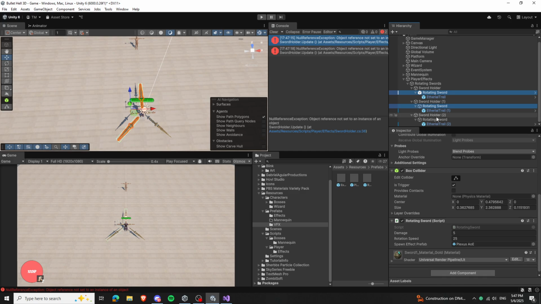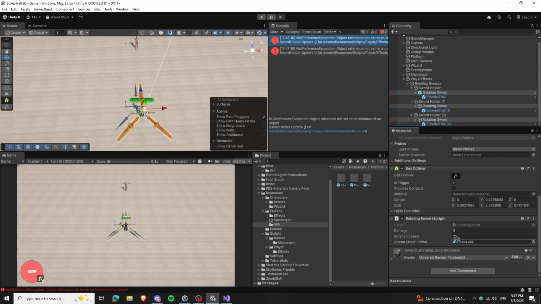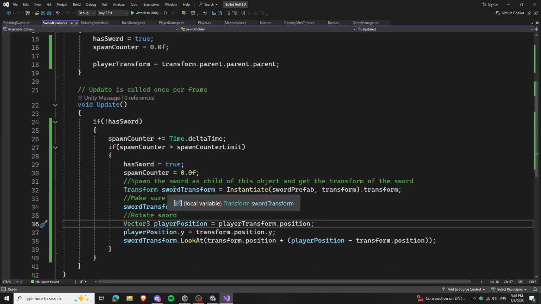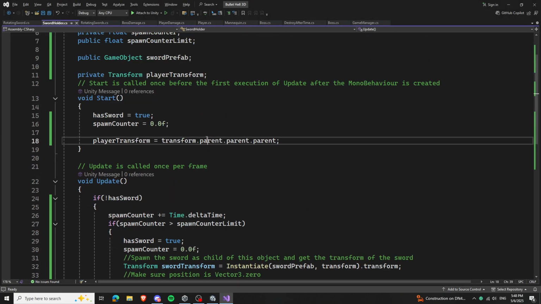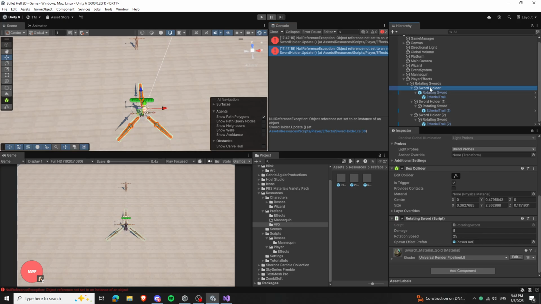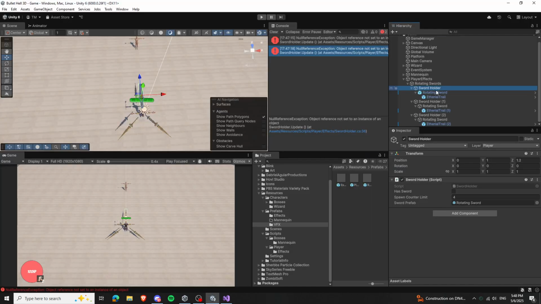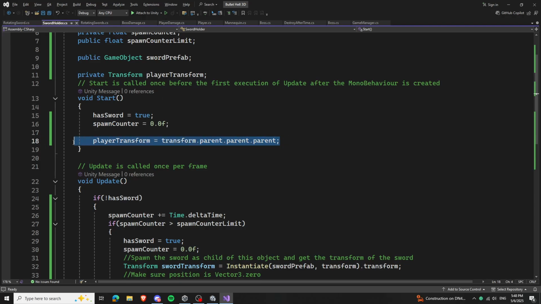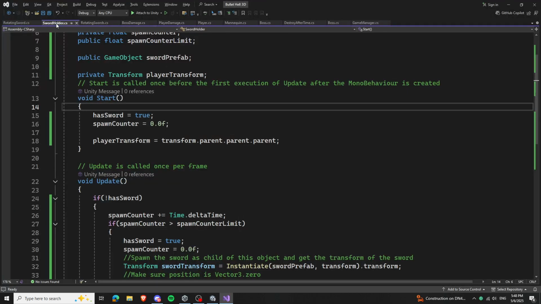So let's select those again and place that here one more time to be sure. Oh, I think it's because of this error actually. Okay, let's check that one more time. So this is the sword holder here. We say parent, so we go to this one. We say parent one more time. Oh, I see. Okay. Yes. Now that it is outside of the player, we need to get